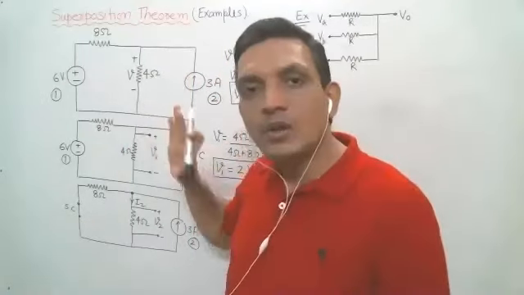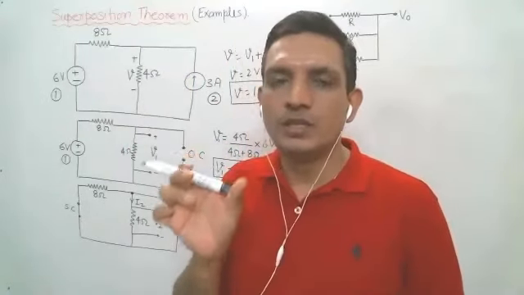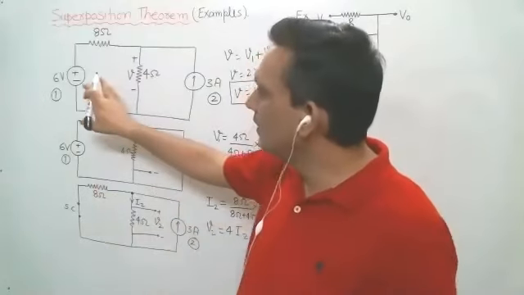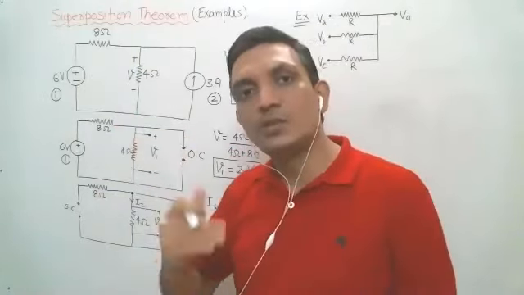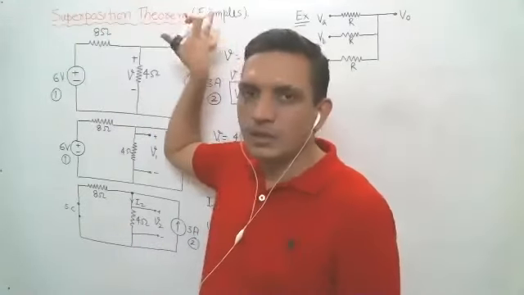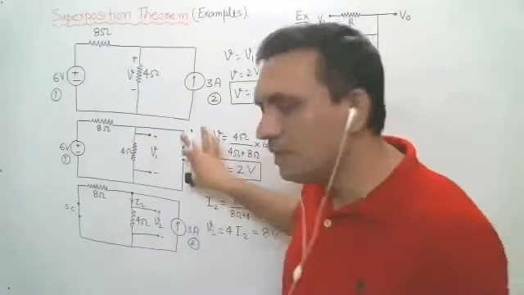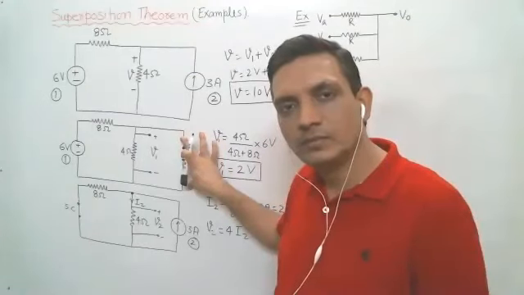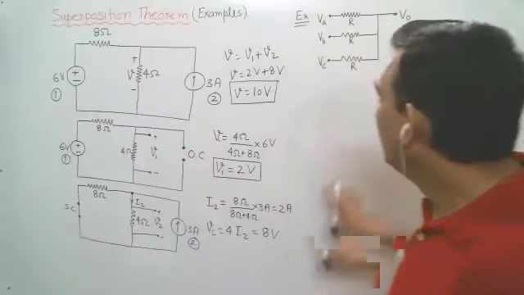I am talking about how to apply the superposition theorem. I have already discussed the two loop case with two sources using KVL. This is the application of the superposition theorem. I think this example is clear. Yes, sir. Next example.